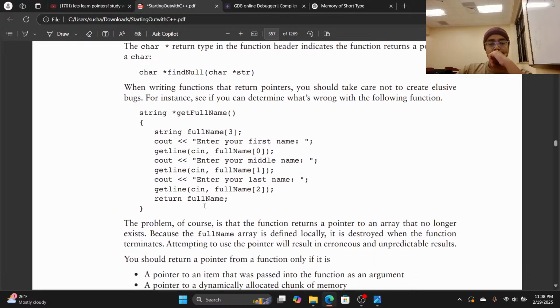Okay, yeah. This is a string, and we are returning it. The problem, of course, is that the function returns a pointer to an array that no longer exists, because the whole array is defined locally and is destroyed when the function terminates. Attempting to use the pointer will result in a